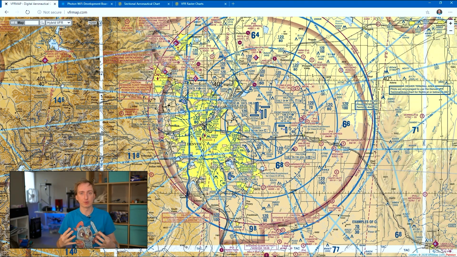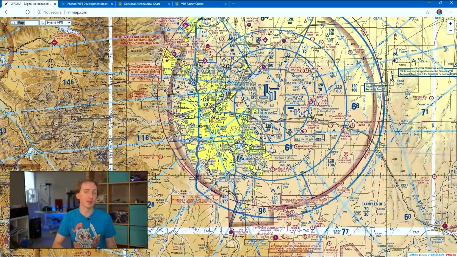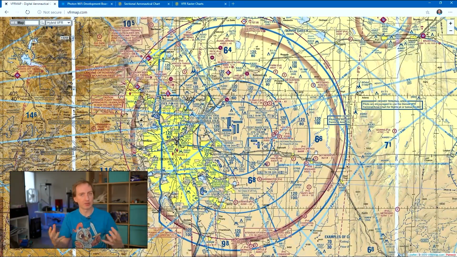But what we're looking for is the airports. And what you can see here is these small purple dots are all the small airports around Denver and the surrounding area. If I go over here, you'll see more over here, out in the plains. America is just covered in small airports. One of the nice things about the US is that there is this real commitment to pretty much every small town that's far enough away from another small town will have an airport. It might just be a simple runway and some tarmac and maybe a hangar, but there'll be an airport you